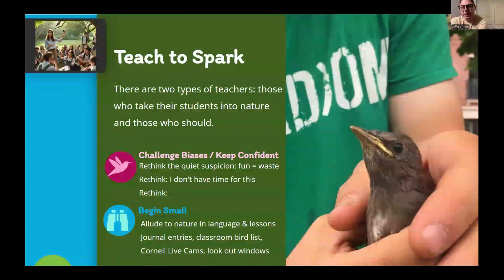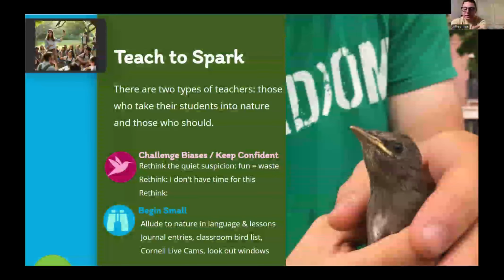I think everybody who's taken kids outside to learn has seen how it really generates a spark, and you can't recreate that in the classroom, no matter what subject you're teaching. And so one of the things that I've been aware of, I've been teaching now for 20 years. I teach in a suburban district in New Jersey. I live in Hoboken, and so I lead a lot of bird walks. I teach classes in Hoboken, and I teach in surrounding cities.